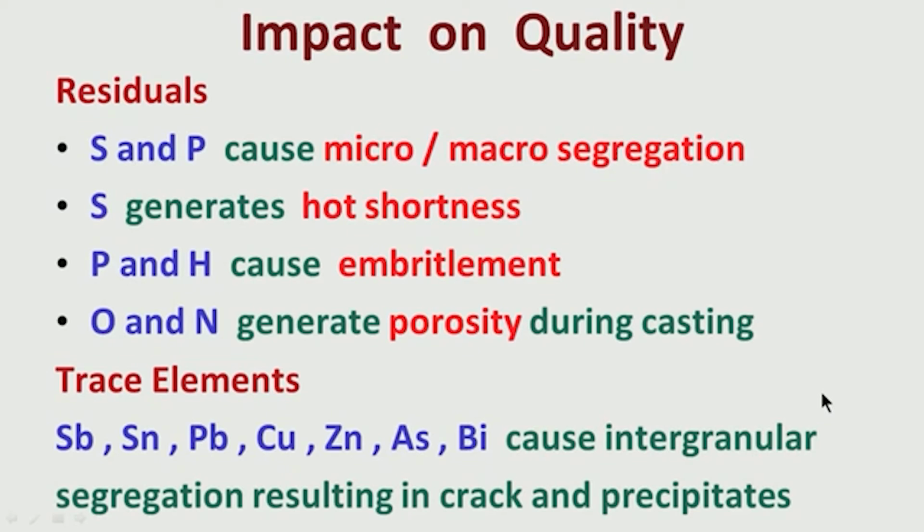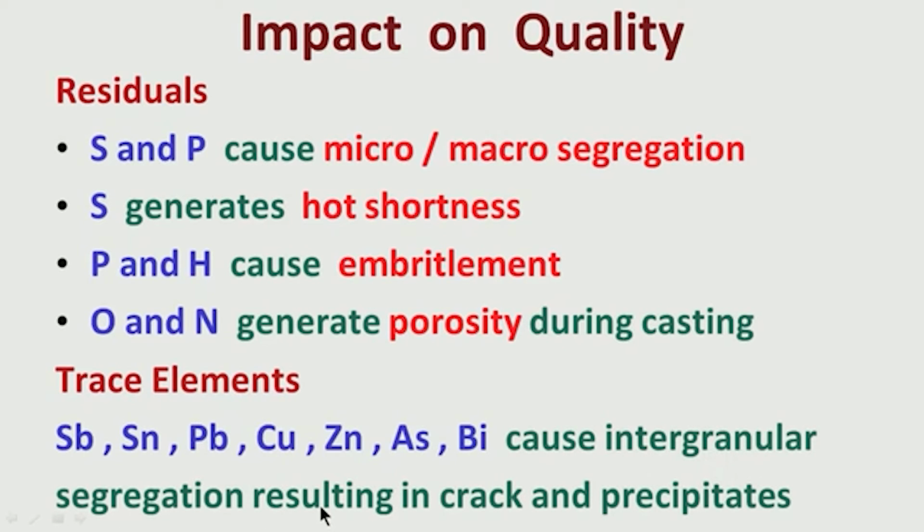All these elements might go to the grain boundary areas, so they are causing intergranular segregation. By going to the grain boundaries, they are reducing the surface energy. That means the surface energy of the whole product comes down if they move to the grain boundaries. So that causes